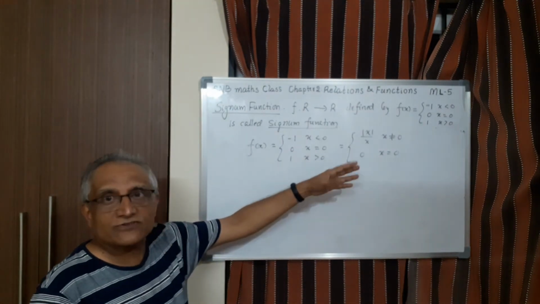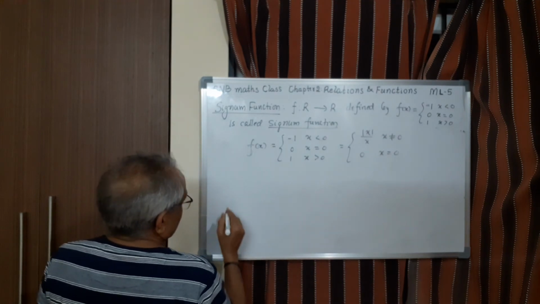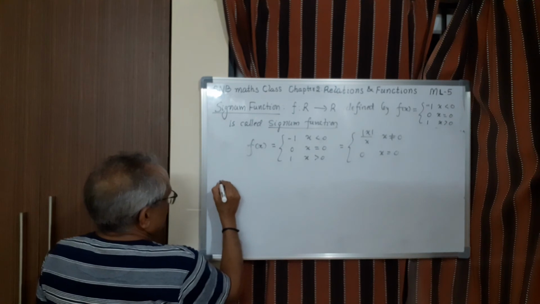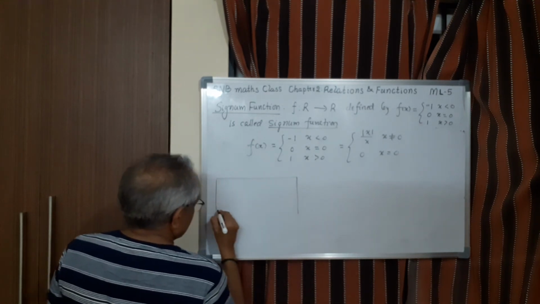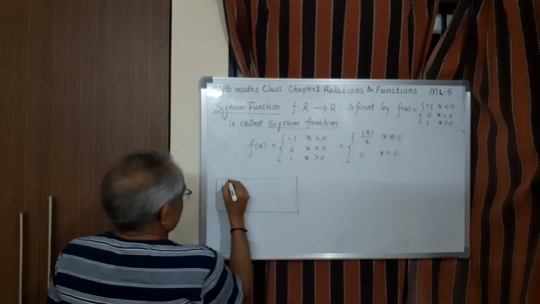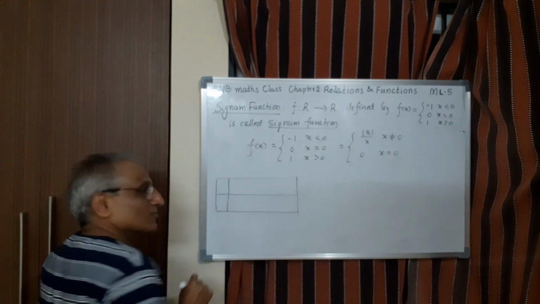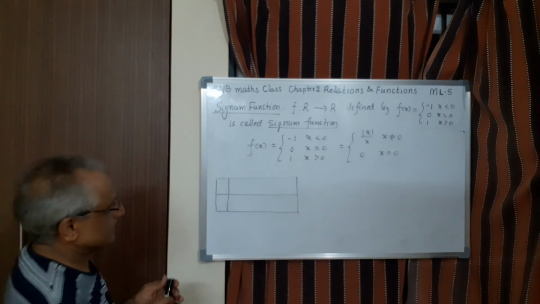X more than 0 also you can take. So, definitely it is R. So, let us draw the graph. Here also, instead of directly drawing, let me just show you a small table of values so that it is convenient for us, because we are beginners in understanding the graph and function. So let us not go in a hurry. Let us go systematically and understand each and every aspect.